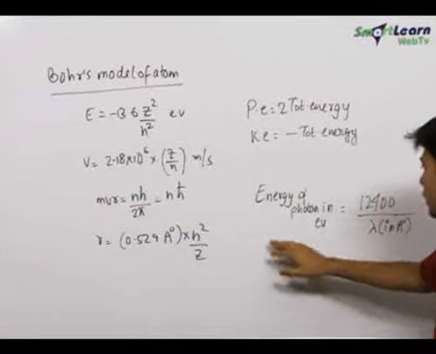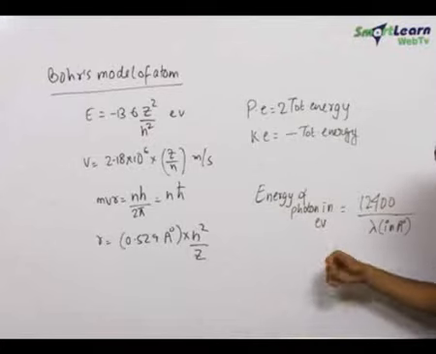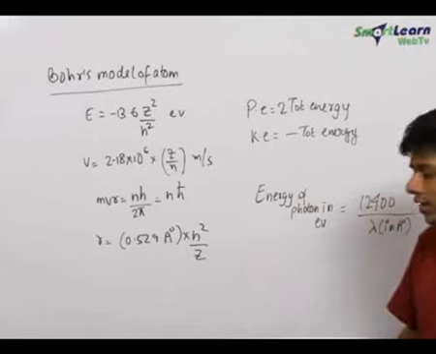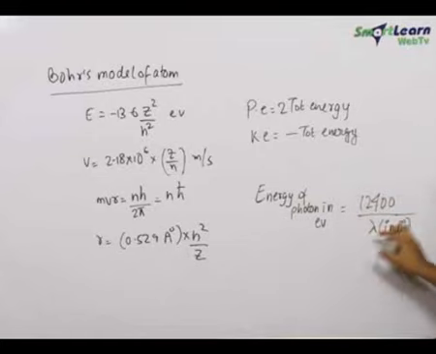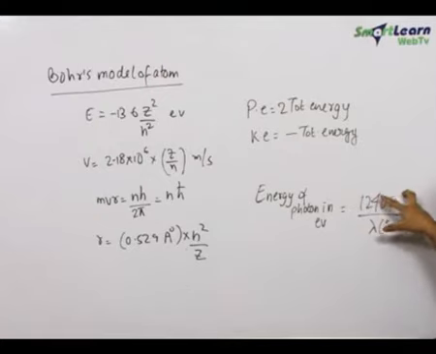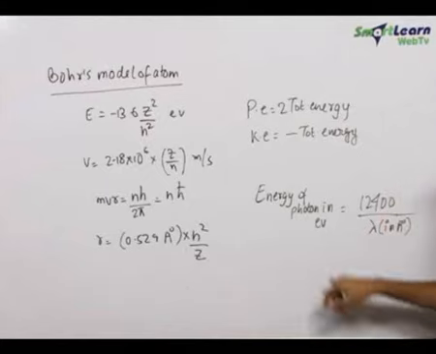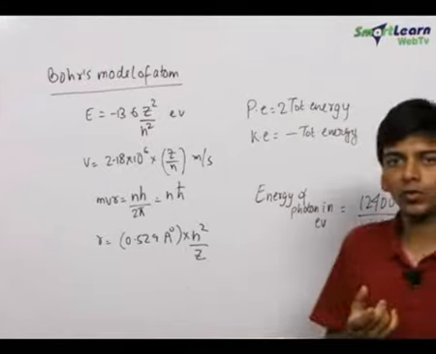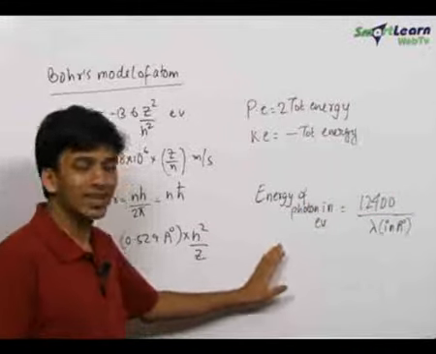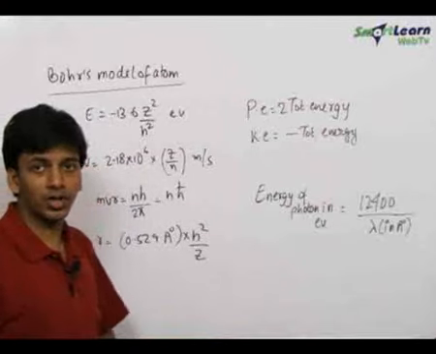Now also, if you need to find out the energy of a photon in electron volt, when you are given the wavelength of the photon, then you can use this formula. Just use 12,400 upon lambda in angstrom. Suppose the wavelength of the photon is given to be 6,000 angstrom, then you feed in 12,400 upon 6,000 to get the energy of that photon in electron volt. These are some of the small formulas which you should remember for solving questions easily and faster. So let us begin with our questions now.